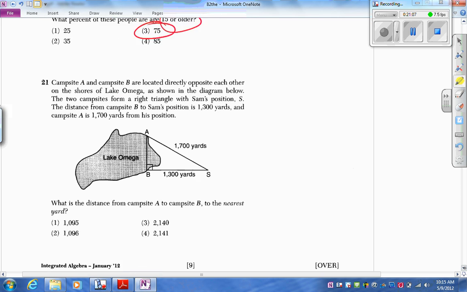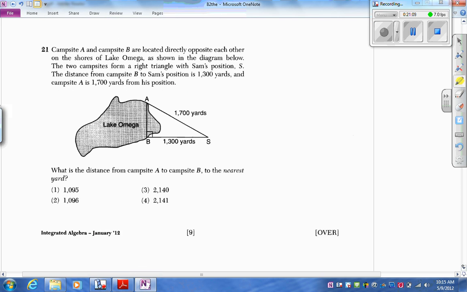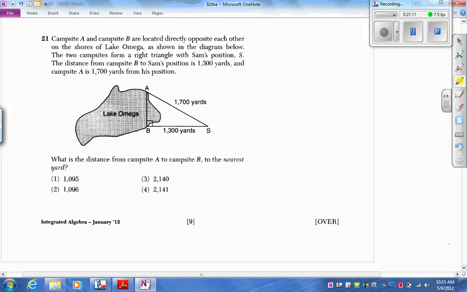On to some trig. You can always pause and rewind this if you don't understand what's going on. What is the distance from campsite A to campsite B? So I'm looking for x. Now, I know it's a right triangle. I know you want to jump on sine, cosine, and tangent, but I was not given an angle, nor did they ask for an angle. If I'm not given an angle and they don't ask for an angle, then we are talking about